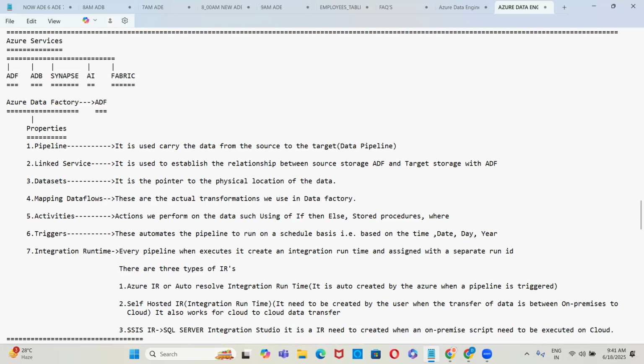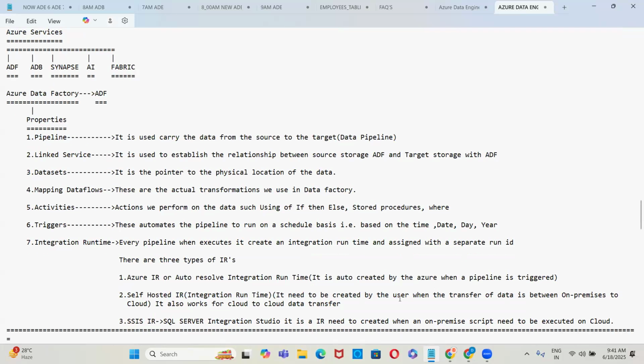That's it, guys. These are all the properties of the data factory, everyone.